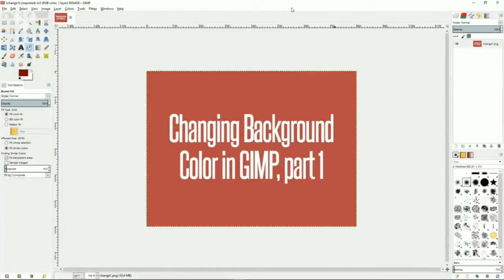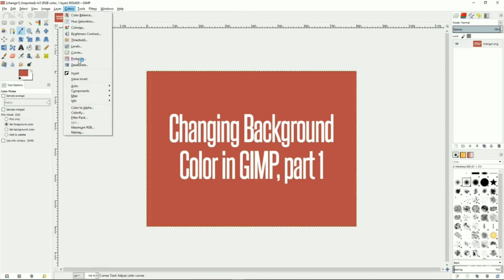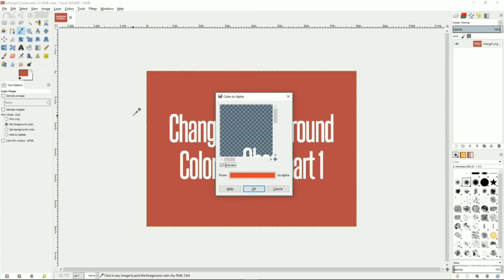This is a very quick tutorial, part 1, about changing background color in GIMP. It's actually a very quick way to do this in GIMP, especially if you have an image that already has a background color you'd like to remove. So, the fastest way to change the color in your background is go up to Colors, Color to Alpha, and